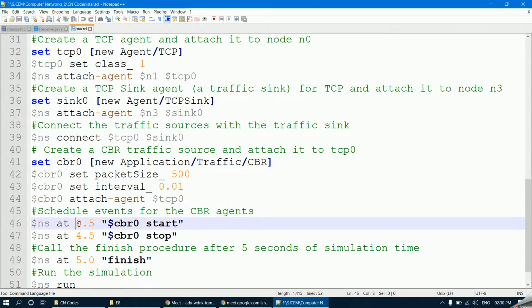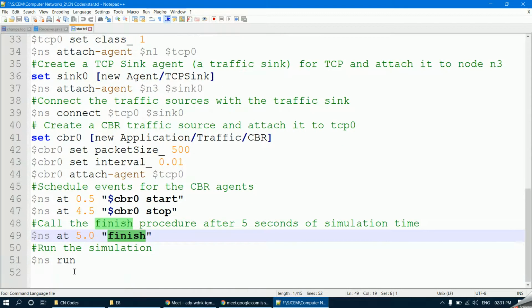Then you can schedule the events for the agents. Starting time is 0.5 and your ending time is 4.5. So start at 0.5 and end at 4.5. Okay? Ultimately, after 5 seconds, the entire procedure of the transfer of packets will come to an end because you have defined to finish this in 5 seconds.